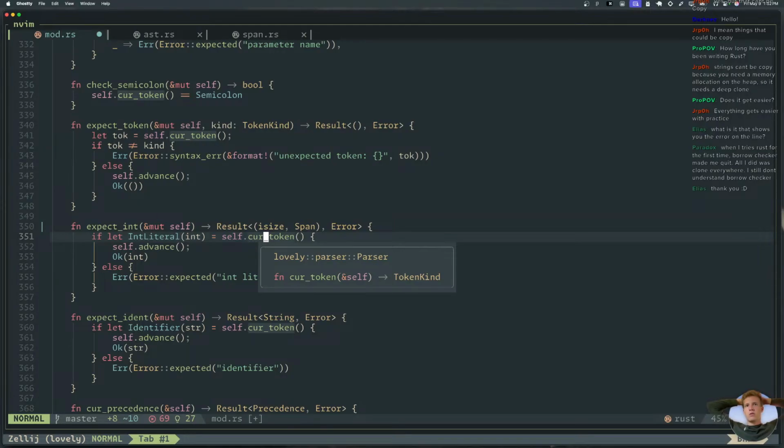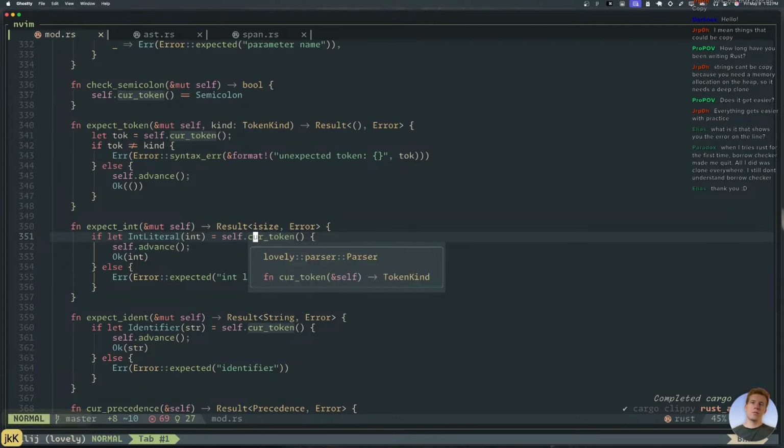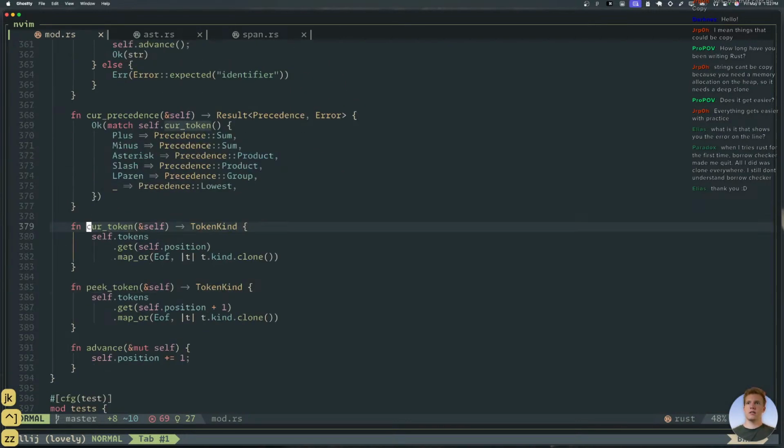We need it to return a whole token. Yep, folks, we got some issues. We need to do some refactoring here. Cur token, which is being used everywhere, needs to return us an entire token.